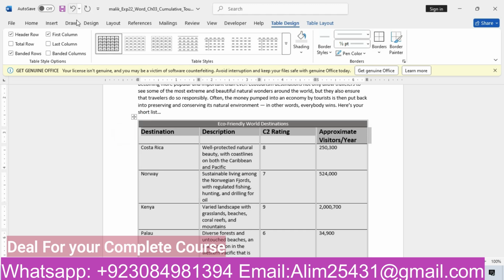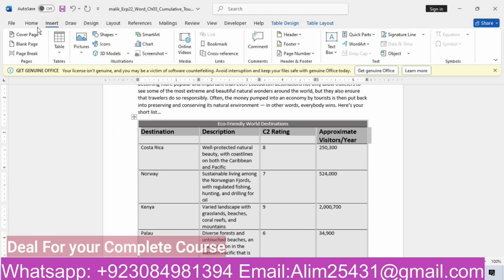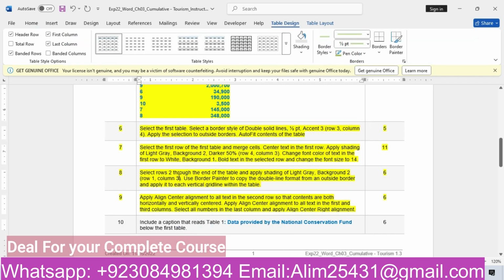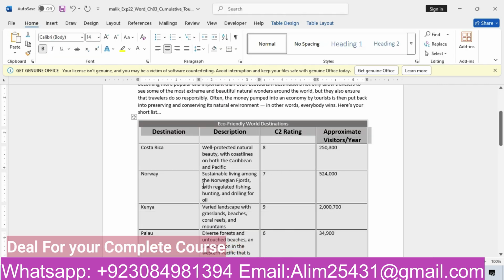We need to apply center. Apply the alignment center to all the text in the second row so that the content is both vertically and horizontally centered. So we have applied the center to our